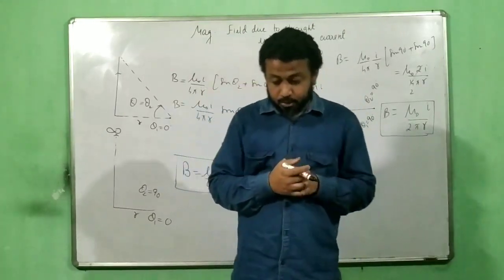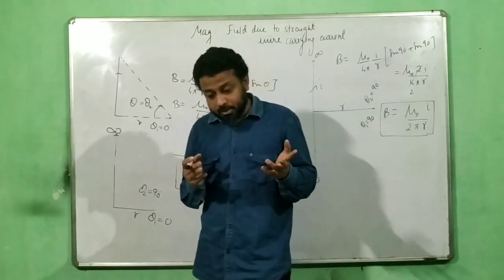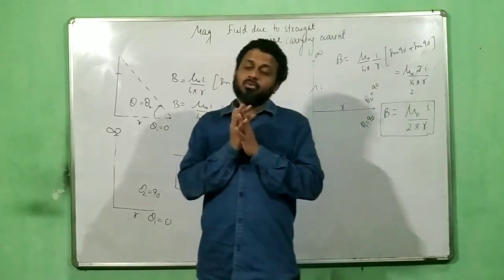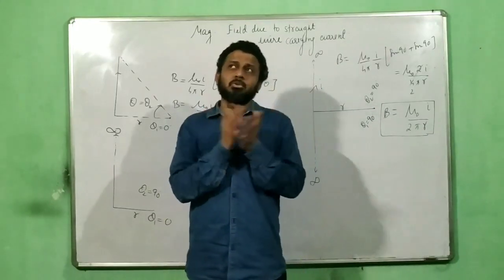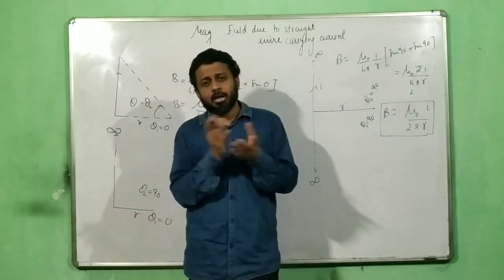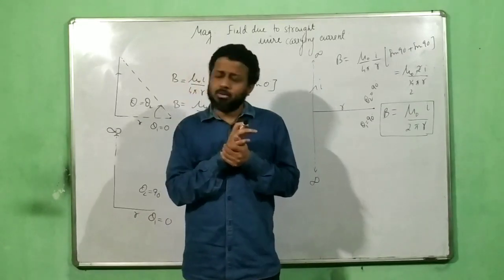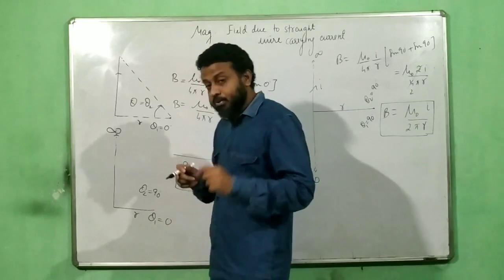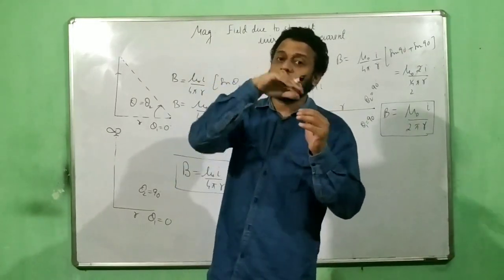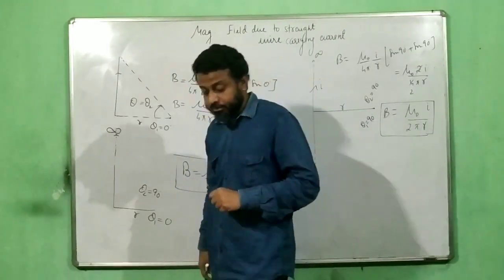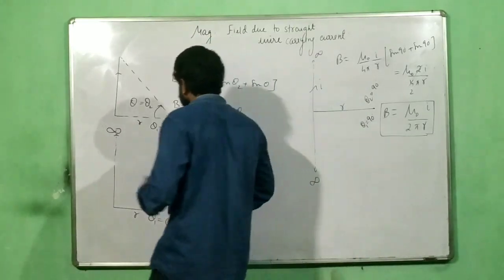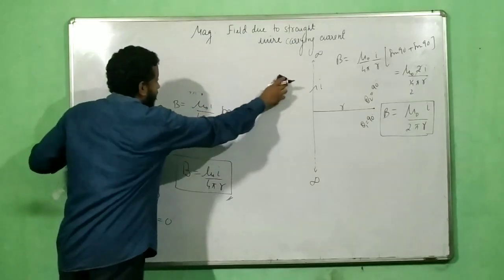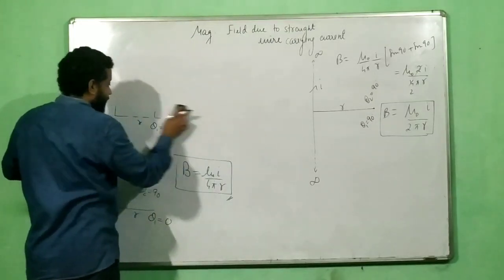Now let's go to some quick numericals over here. Also remember, in one of my classes where I discussed the introduction of the Biot-Savart law, I told you the formula due to a circular wire, which was mu naught I by 2R. I also told you how for an arc you can find the field. So all those things I am going to write now as formulas, and then we are going to see some numericals based on this. Hopefully we will try one or two, and the rest you can do as prep.